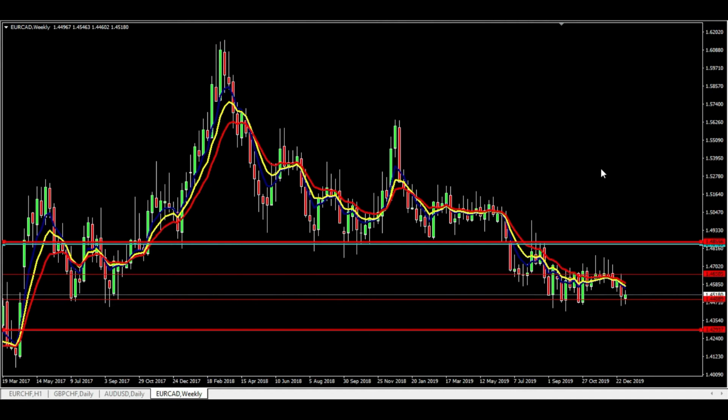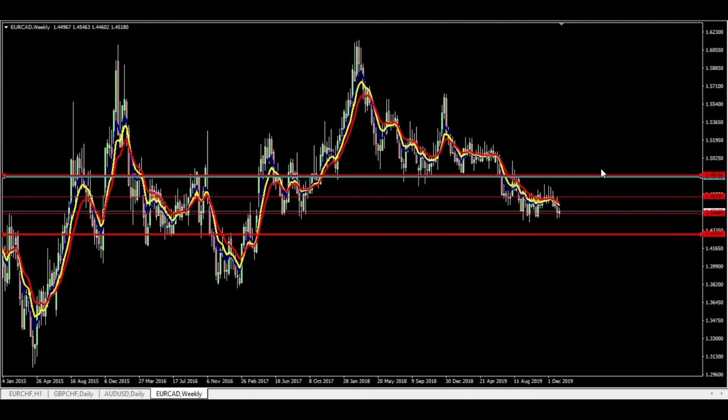Right now we're on a weekly chart with the Euro-Canadian dollar. Let's zoom out so you can get a broader perspective. It's always nice to zoom out and get a better understanding of what chart you're looking at and its history. So the more history you can get, the better idea. You don't need to go back that far, but nonetheless, this is a 4.5 year chart pattern for the Euro-Canadian dollar. Okay, you can see we have a major resistance zone here, major support zone,